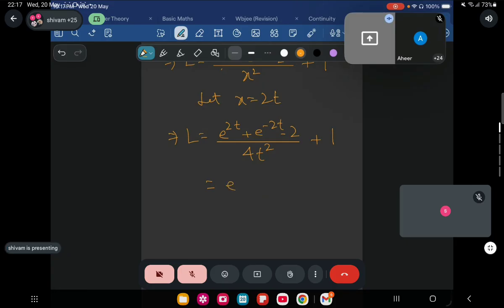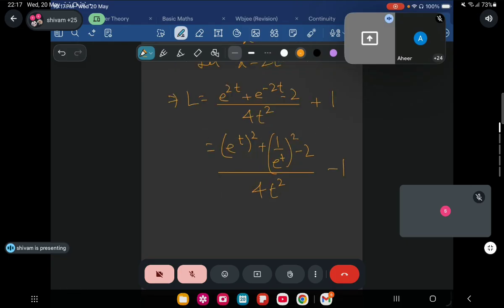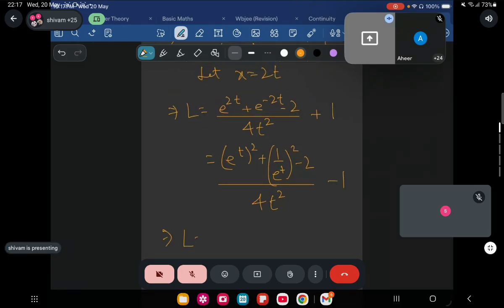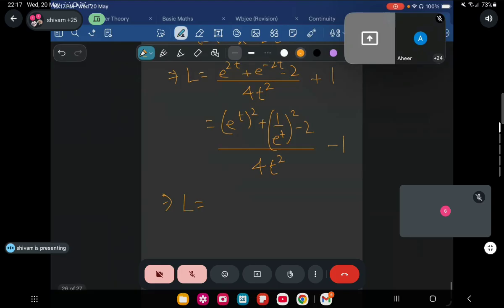Let's see. e to the power 2t. So it is (e to the power t plus 1 by e to the power t) whole square plus 1 by e to the power t whole square minus 2 divided by 4t square, minus 1. Just see, is the numerator a perfect square? What do you think, everyone? Tell me. Is it a perfect square? Yes or no? So it is becoming e to the power t minus 1 by e to the power t